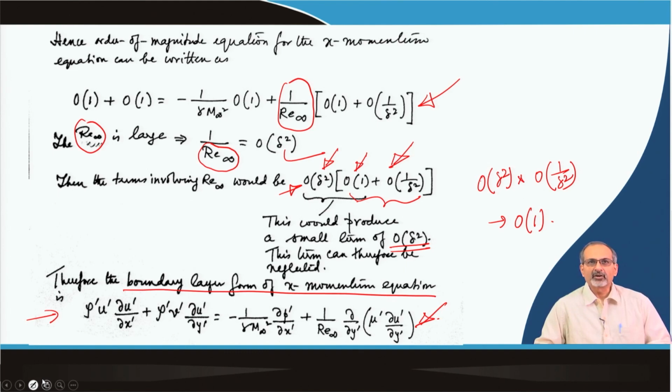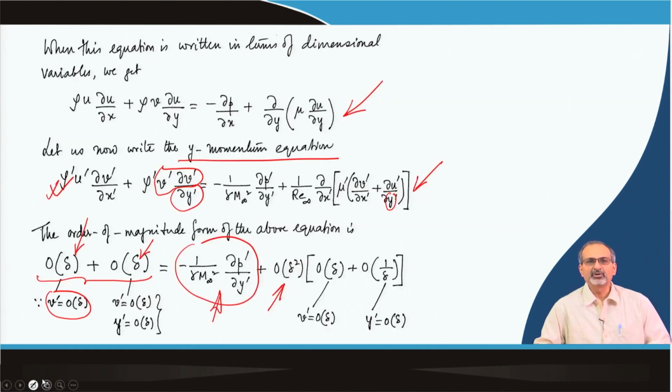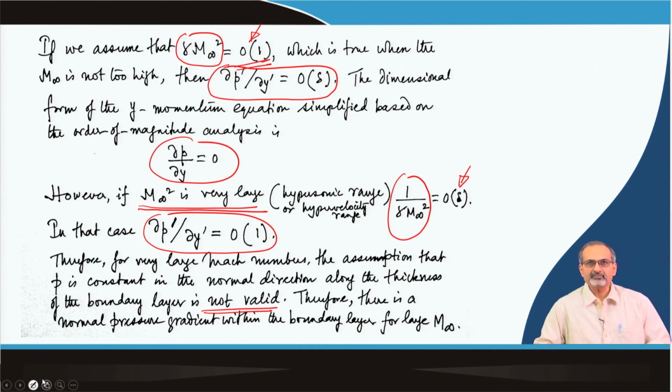We did the order of magnitude analysis of the x momentum equation, and thereby we saw one of the terms dropping out as being a small term. Then we looked at the y momentum equation, and as we applied the order of magnitude analysis, we found that it gave us the familiar outcome that we saw for incompressible boundary layer for a flat plate in the laminar region given by the Blasius solution, but that holds good as long as the M infinity is not extremely high,